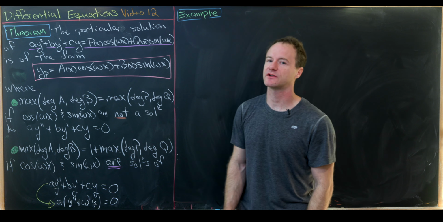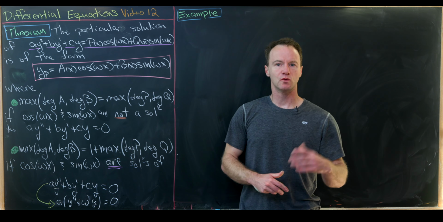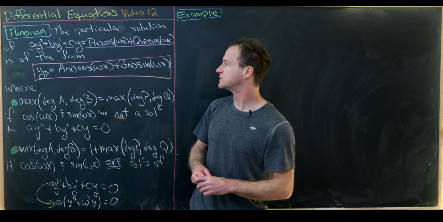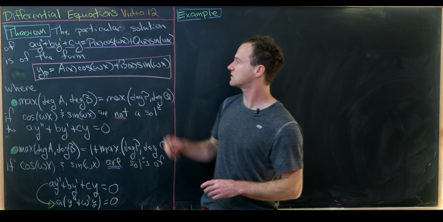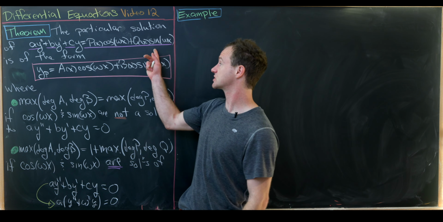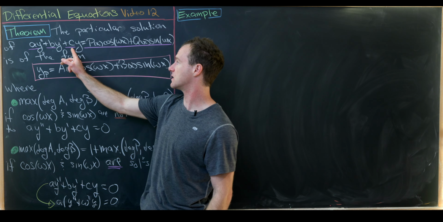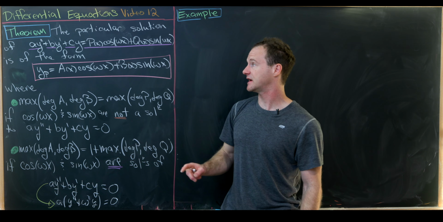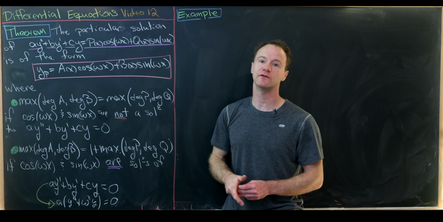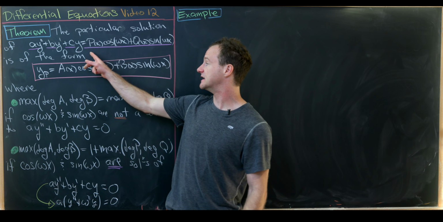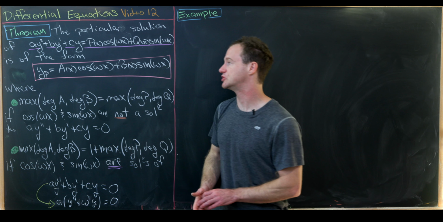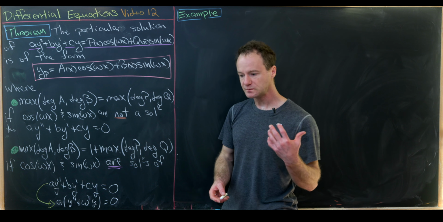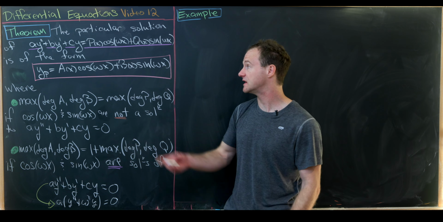So far we looked at a couple of calculations that motivate the following theorem, which will help us solve a certain family of second order differential equations. So what we have here is the particular solution of this differential equation ay double prime plus by prime plus cy equals p of x cos omega x plus q of x sine omega x, where p of x and q of x are polynomials, is of the form y sub p, which is equal to a of x cosine omega x plus b of x sine omega x, where we can also say something about the degree of the